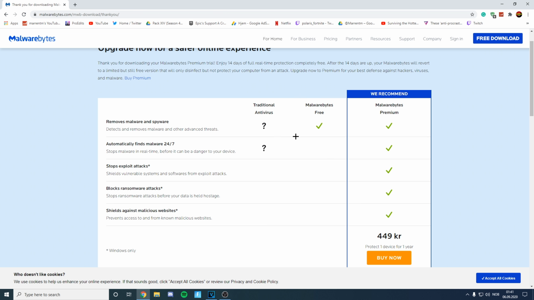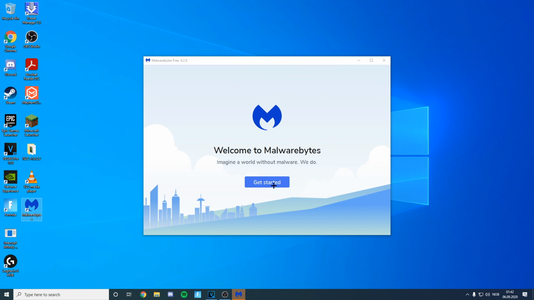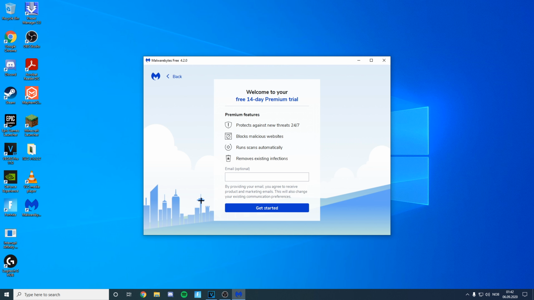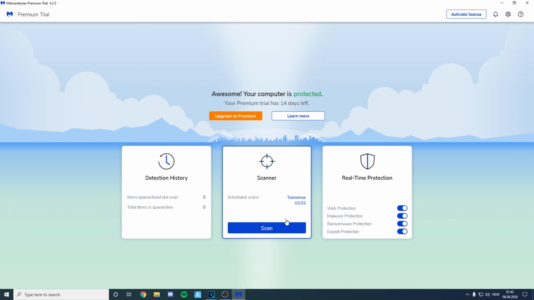Once the download is finished, you can X out of the website, and then it should be a program on your desktop. You want to double tap it and obviously run it. Then you want to click Get Started and click Maybe Later. Then when it says welcome to your free 14-day premium trial, it says enter your email. You don't have to do that. Just click Get Started and then Maybe Later. When you're here, you want to simply press Scan